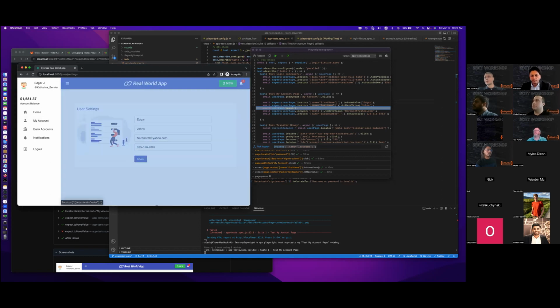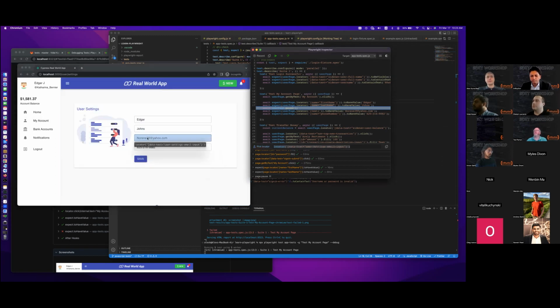For example, we know that this locator is broken for the email, so we click pick locator, point to this field, and it generates a locator that we can use. But we may not like it. Usually it generates a reliable locator, like it recognizes the test data locator is there, so it gives it preference.